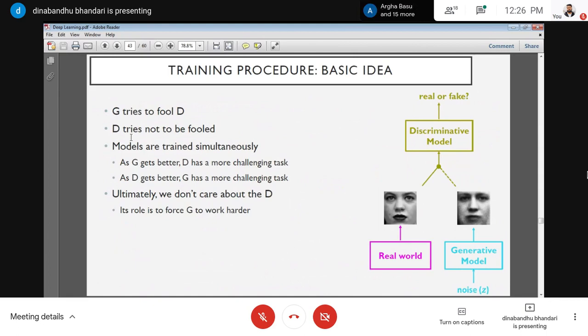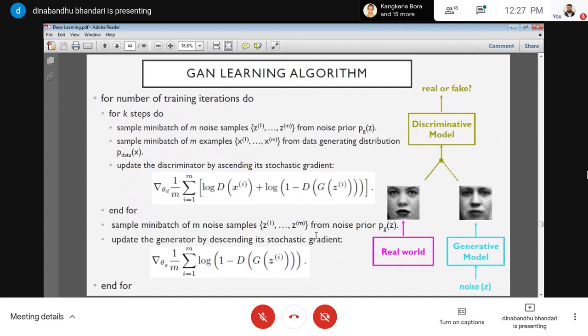The main thing is that there is one discriminator, as I said. The generator tries to fool the discriminator, and the discriminator tries not to be fooled. That is the main concept, and a game theoretic concept is used here. There is detailed mathematics you can look at, and frankly speaking, right now, since there is not much time,